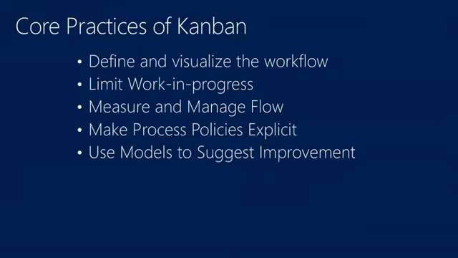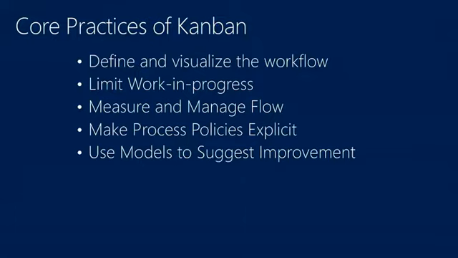So that brings up another one of the points, which is number 2 in Kanban, which is limit work in progress. What that really means is as you define your process, you have these swim lanes that say, maybe like testing, coding, and so on. And it says you can only have a certain amount of items in those queues at any given time. And the point is to look for your constraints.